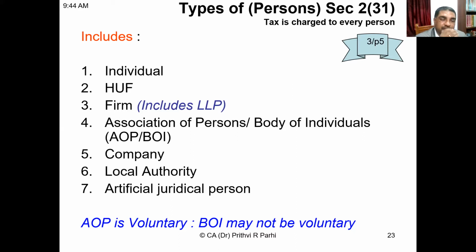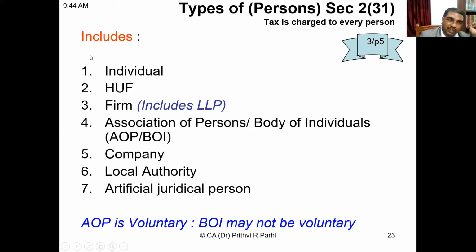Individual, HUF, firm, includes LLP, okay. Association of persons, okay. Body of individuals, right. AOP or BOI, right. Company, okay. Local authority, artificial juridical person. So I have already shown you, and you have also seen on the top,